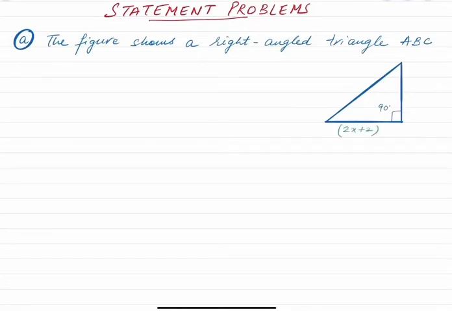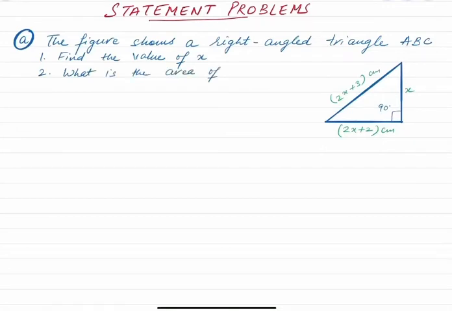Let's assume this side is given to us as 2x plus 2 centimeters, this one is given as x centimeters, and the other one is given as 2x plus 3 centimeters. We have been asked to find the value of x, which is the perpendicular side. And also, what is the area of this triangle ABC? So let's